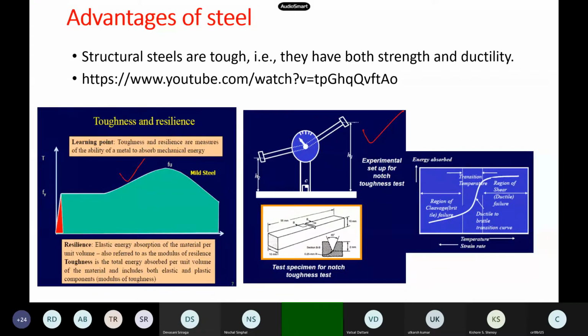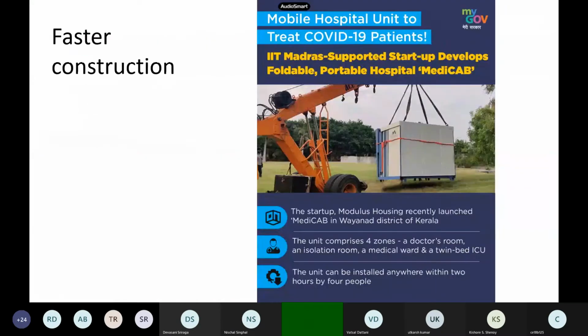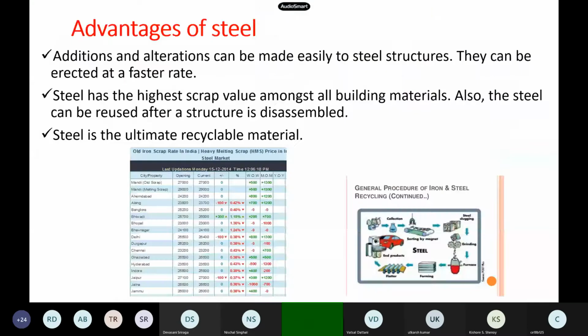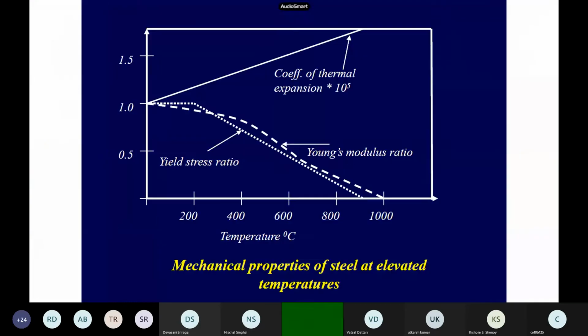But if it is a high strength steel, say, then it becomes brittle and it breaks in a brittle kind of failure. Okay. So this we have seen in our last class, and then we have seen all those details like advantages, faster construction, scrap value, and the disadvantages we told, the fire. So this is the main fire: 500 degrees centigrade, say that's it, your structure has already lost 50% of its yield strength, and 1000 means gone, 100% of the strength is completely gone under fire itself.